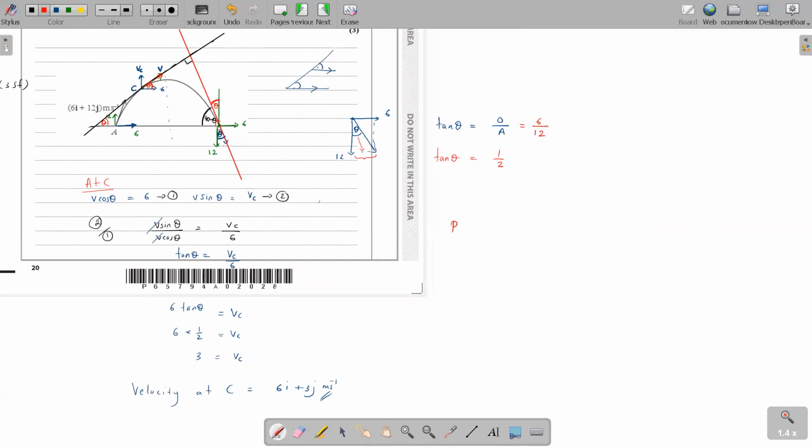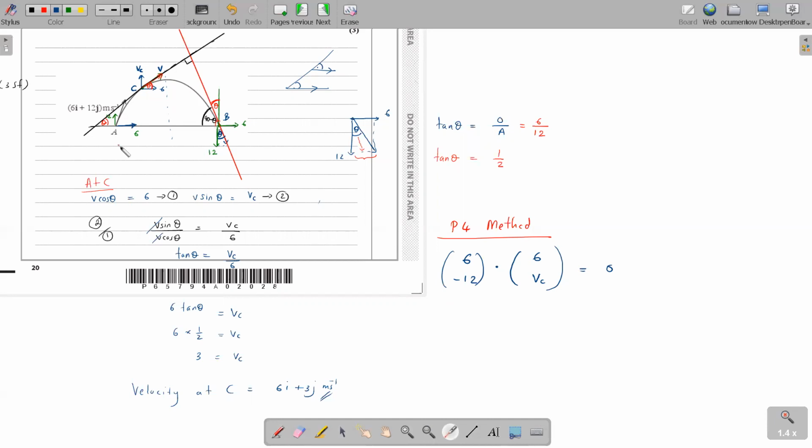If I use the P4 method, by using your P4 knowledge, you could use the vector product. You know the velocity vector at B and the velocity vector at C are perpendicular. This is another method. The velocity vector at B is plus 6 and minus 12. You all know in P4, the dot product of two perpendicular vectors is equal to 0. So this guy will be 6i plus VC j, and this is equal to 0.